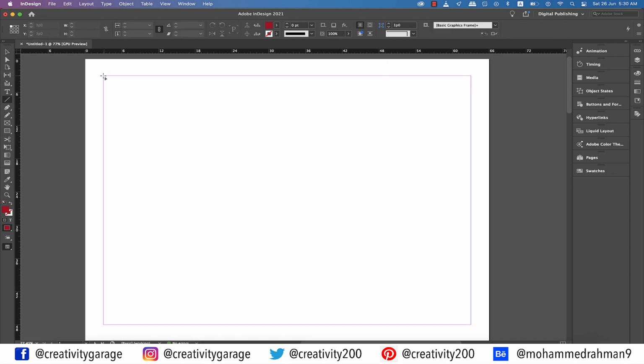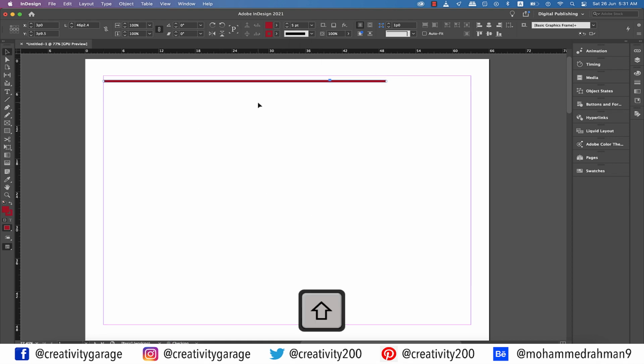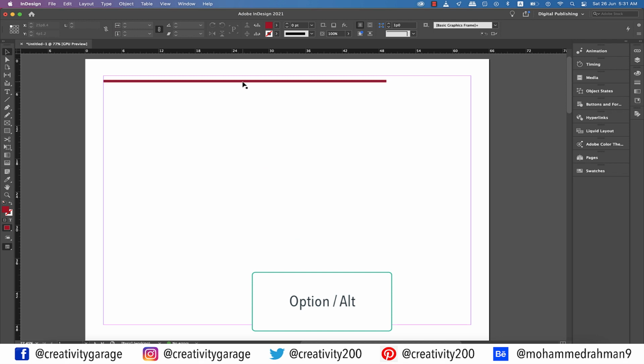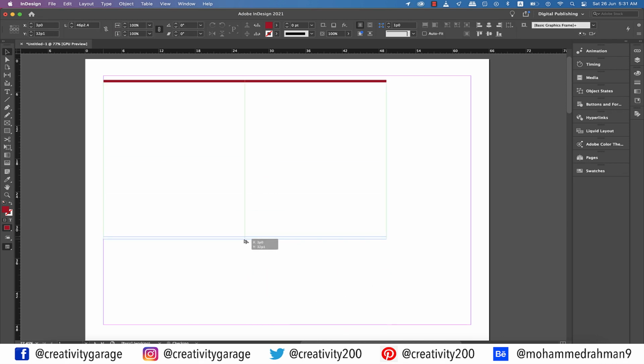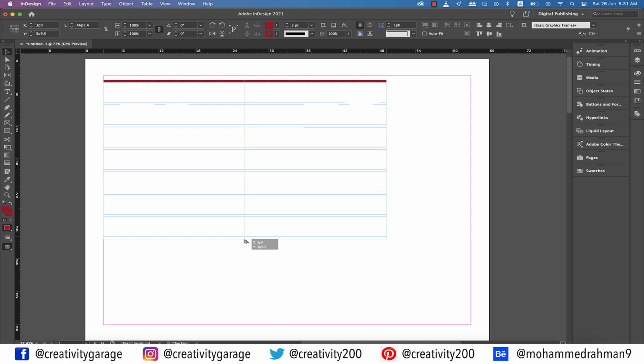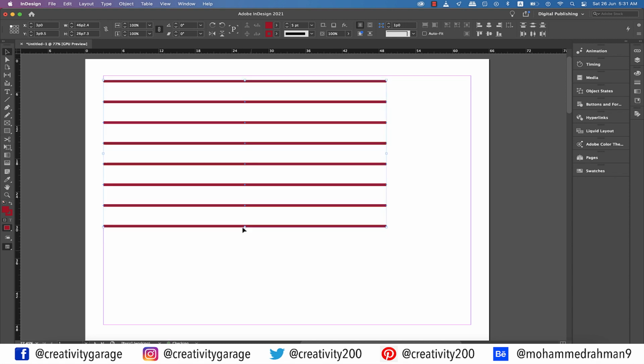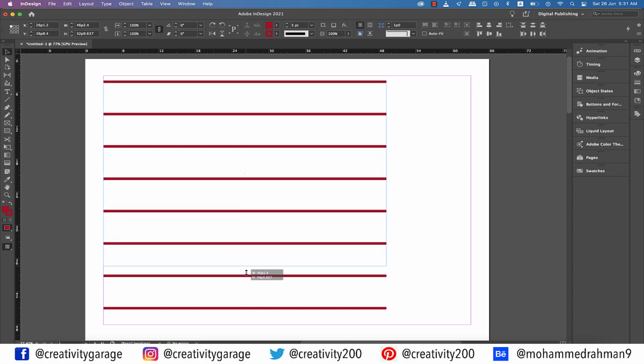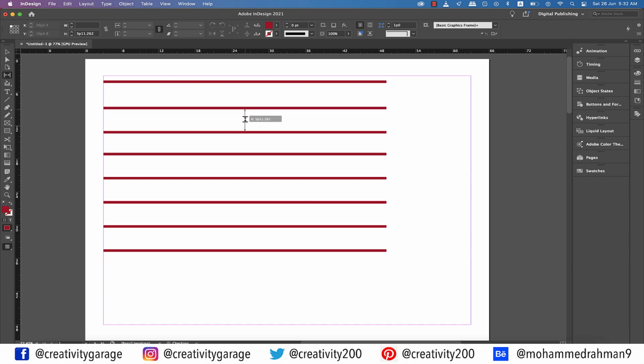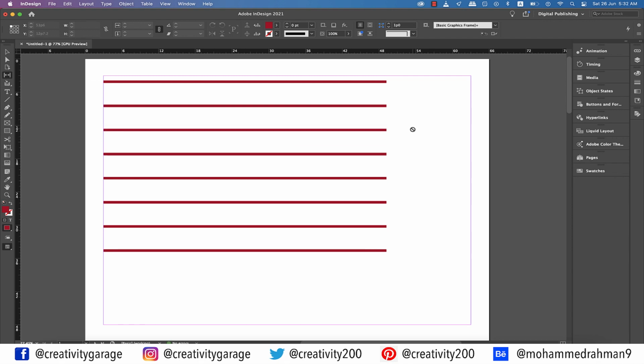Let's delete them now. Let's pick the line tool and holding Shift, draw a straight line. Now hold Option on a Mac or Alt on a PC and then click and drag to make another copy of this line. While the copy is being made, don't release the mouse key yet. Hit either the right arrow or up arrow key to increase the number of lines. Unlike the rectangles, up arrow won't split the lines further. You can always use the Command, Option, or Shift keys on a Mac or Control, Alt, or Shift keys on a PC to see how the lines react to them. They yield pretty much the same result as with the rectangles.